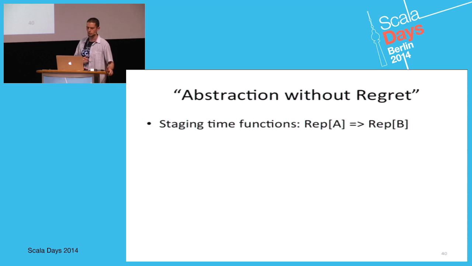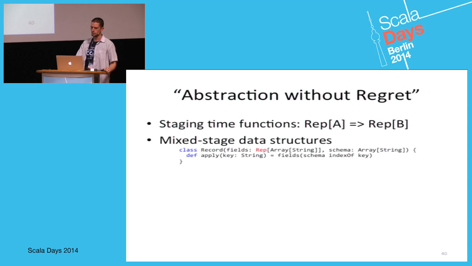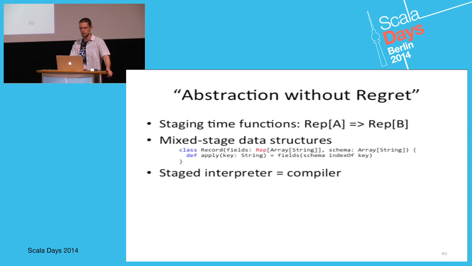We've been relying on deep linguistic reuse. We have been using staging time functions, so functions which take a Rep of A argument and return a Rep of B, right? And that's a crucial difference to a staged function. A present stage function that takes a Rep of A and returns a Rep of B is essentially just a transformer. So it's not a function that ends up in the generated code. Whereas if I have a function Rep of A to B, then we would generate a function in the IR here. We've been using these mixed stage data structures, in particular records,